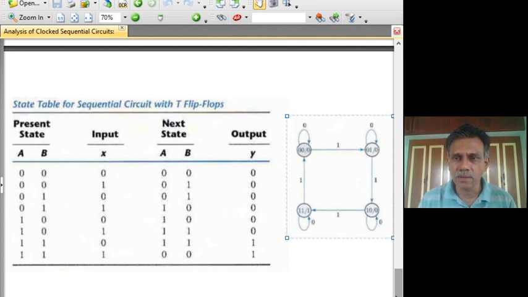So we looked at the analysis of sequential circuits based on the D, T as well as JK flip-flops. With this we will stop this lecture. We will take up in the next lecture some useful circuitry based on flip-flops, namely registers, shift registers, universal shift registers and so on, before moving on to counters, that is up-down counters and so on.